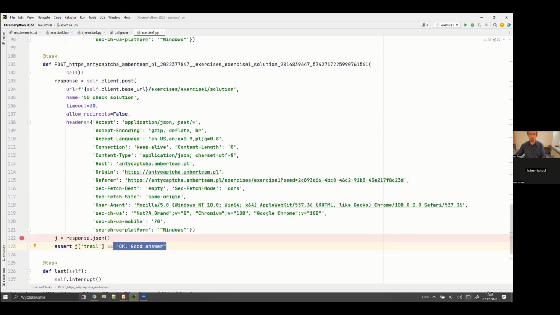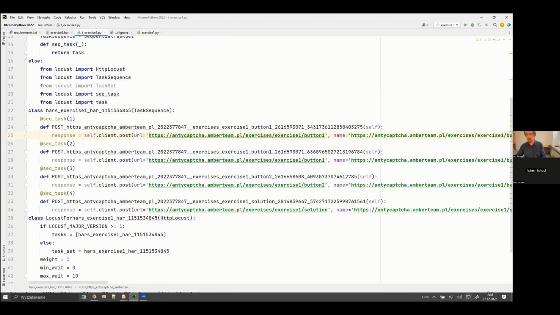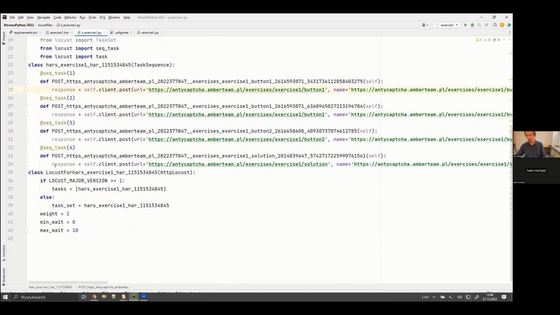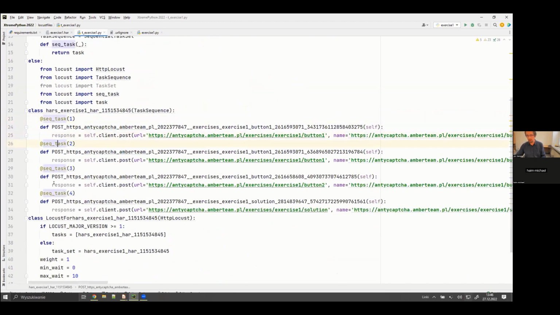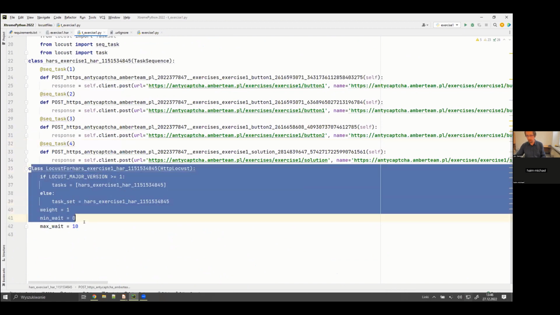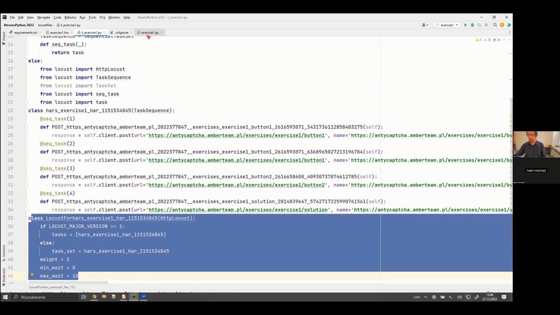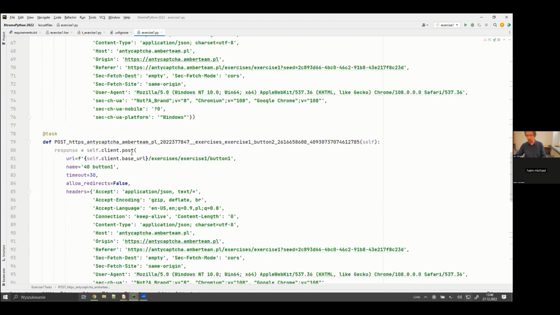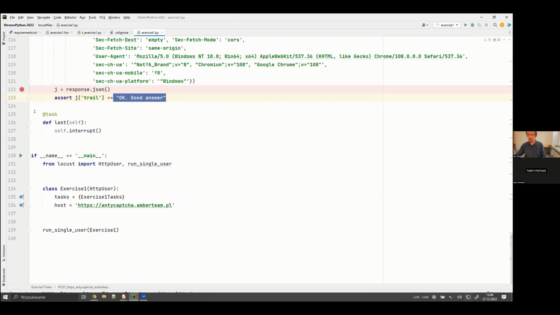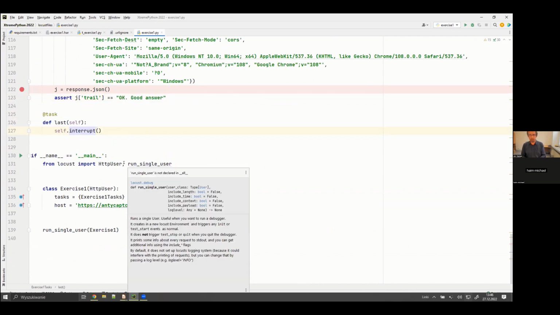And I have added several other things to this script, because as you can see here, I have only task 1, task 2, task 3, and task 4. Okay, and another class. I will show you this class in a minute. And what have I added? I have added the self-interrupt. It's crucial because